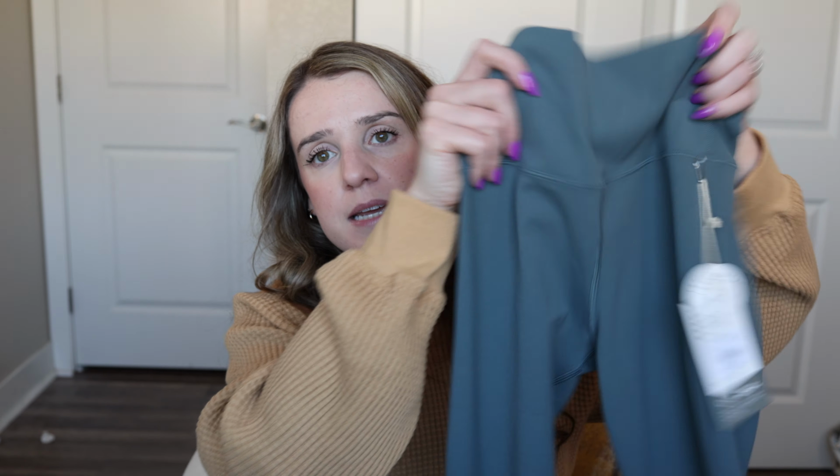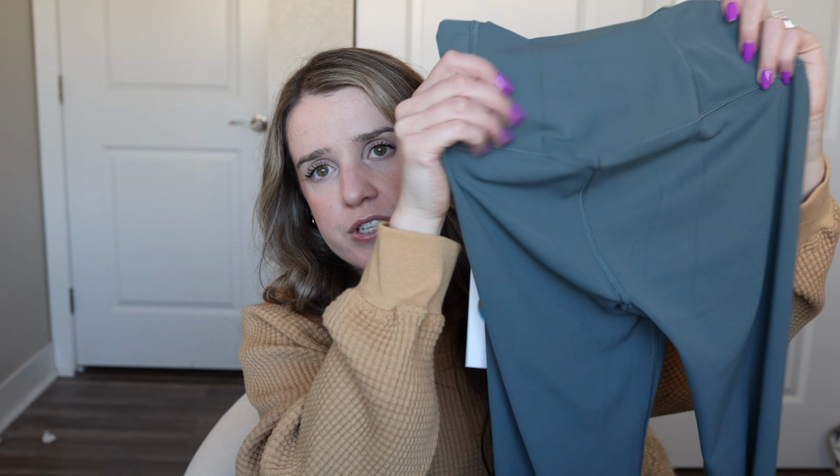These do have a front seam. I feel like the front seam is not invasive at all, and then the back looks like this with the seams, and I do feel like these leggings are really flattering. As far as the overall fit goes, I really like the overall fit. They're comfortable. I feel like they don't fall down. They're definitely stretchy, so you can easily move around in them,